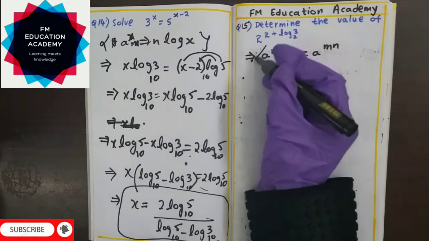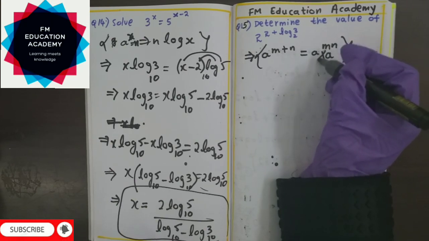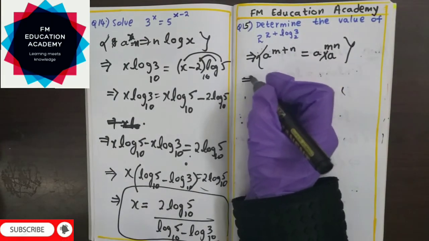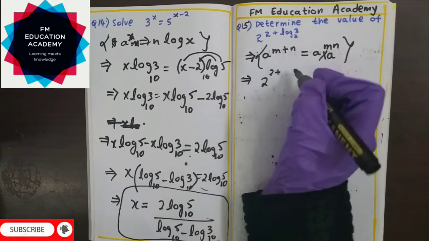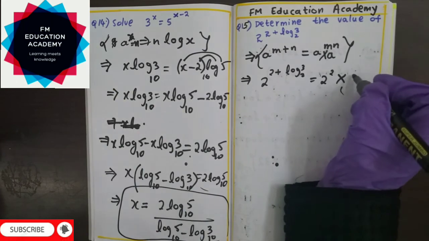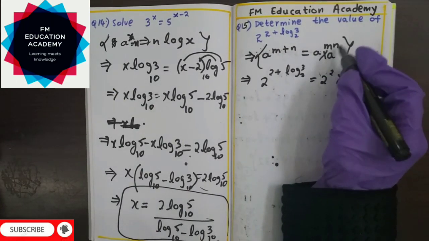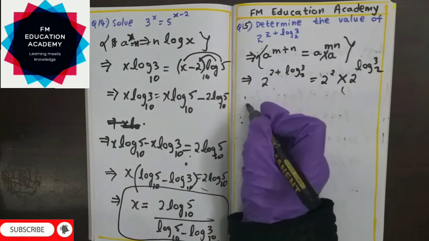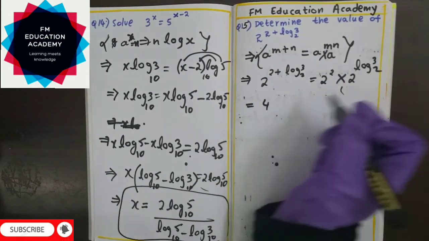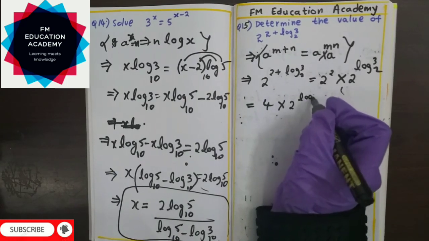A power m plus n is a power m into a power n. So 2 power 2 plus log 3 to the base 2 can be written as 2 square into 2 power log 3 to the base 2, a power m into a power n. Now 2 square we know is 4, and if you observe this, 2 power log 3 to the base 2,